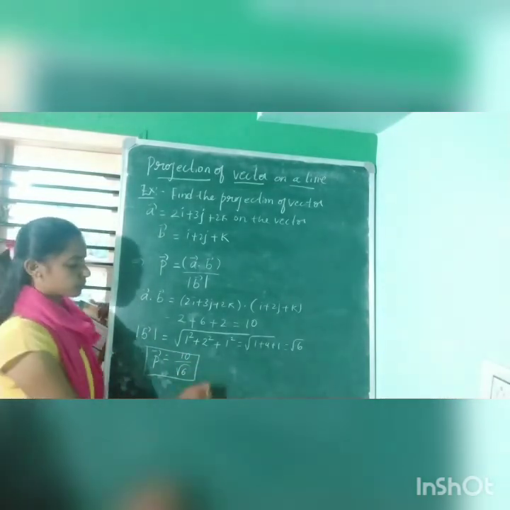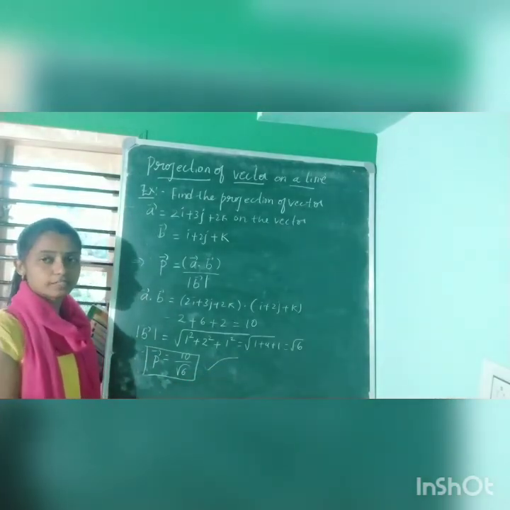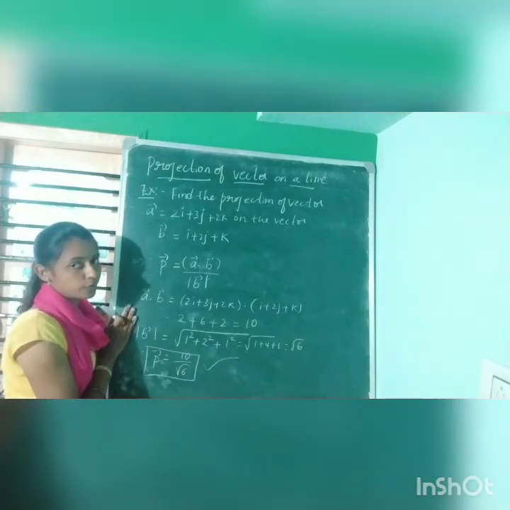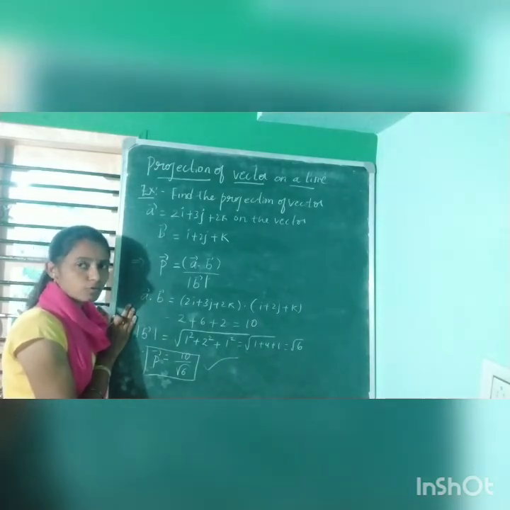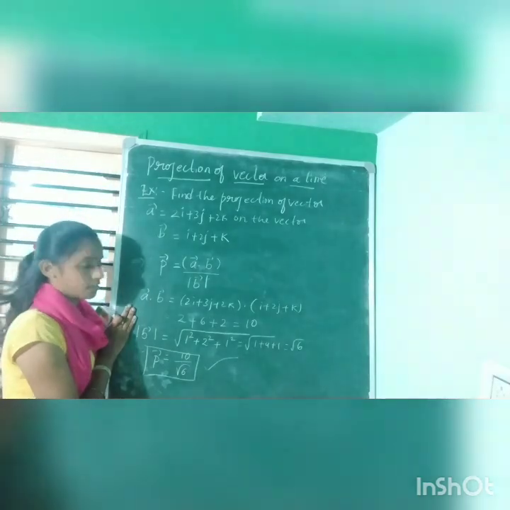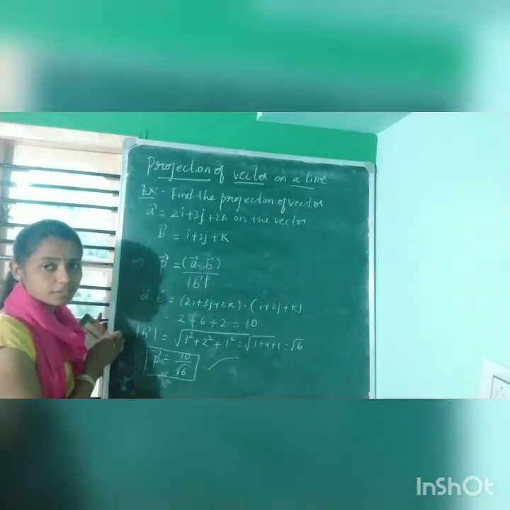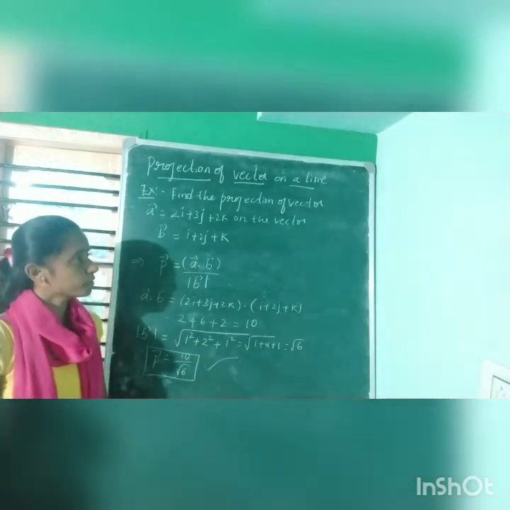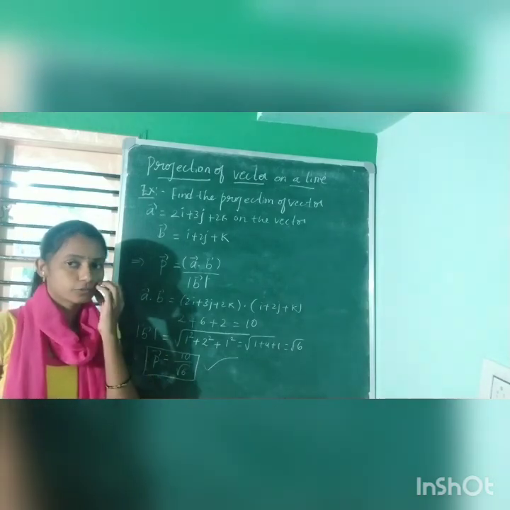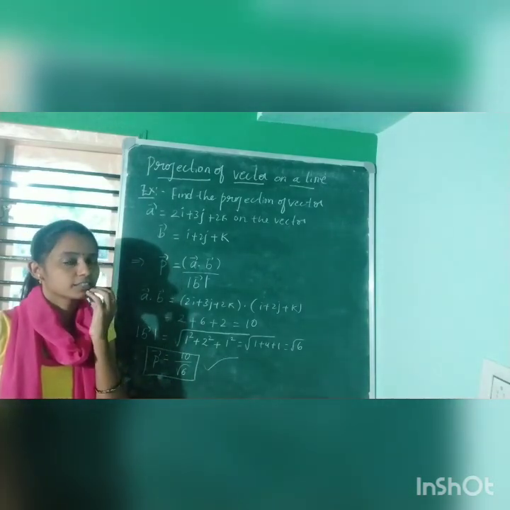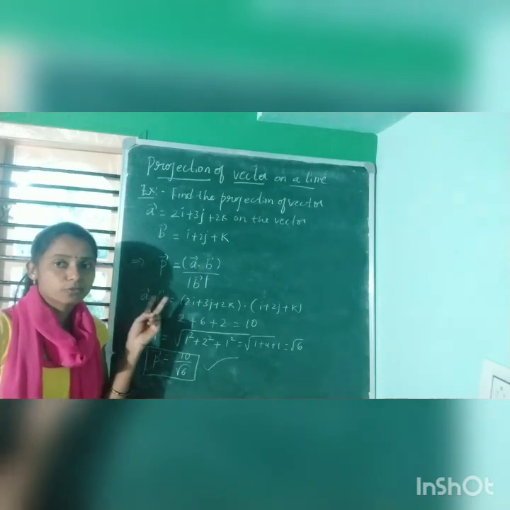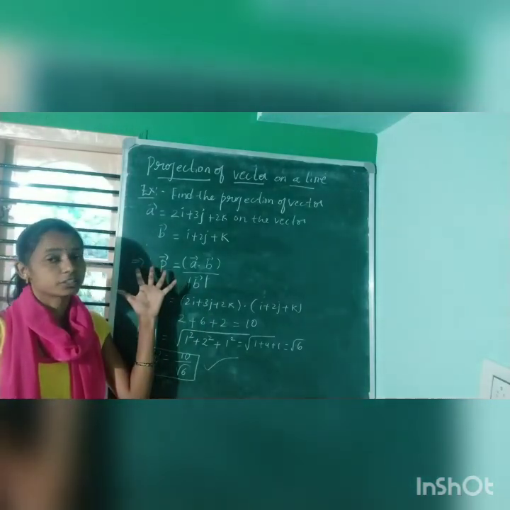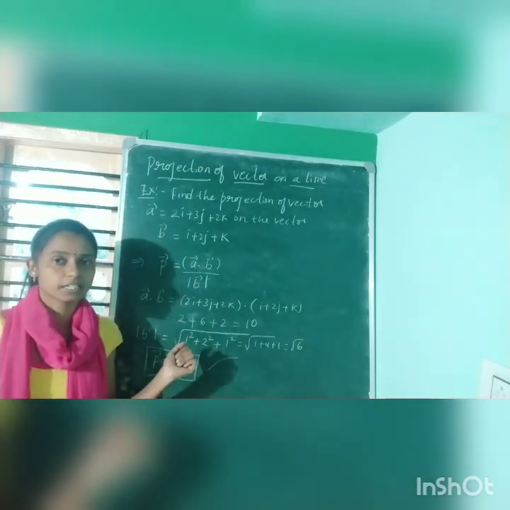Is it clear? So this is the projection for the given two vectors A and B. So this completes your dot product of two vectors. For the exercise problems, I'll send you the solutions in the next class, and we'll start with the last concept in this chapter, that is the cross product. Is it clear? Hope you guys understood this one. So in the product of two vectors, we discussed the angle between two vectors, then how to find the magnitude and the projection of a vector on a line. Okay, thank you guys.